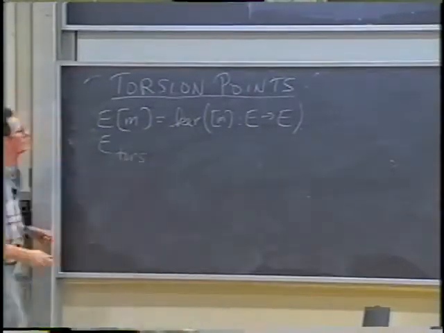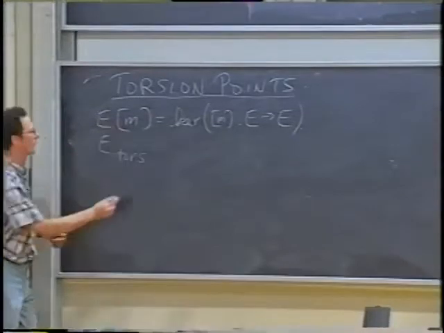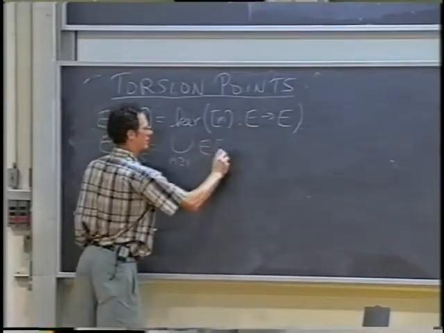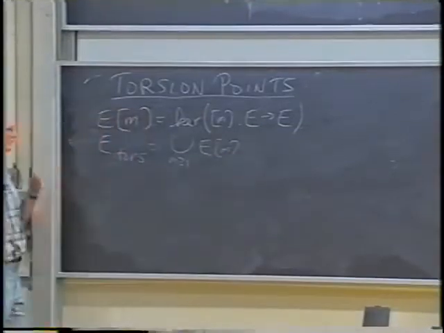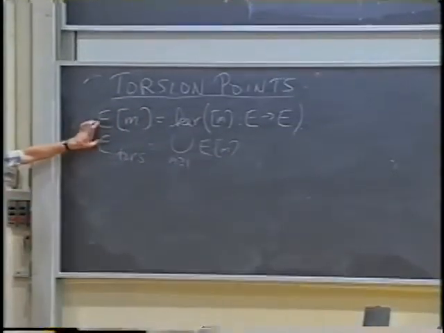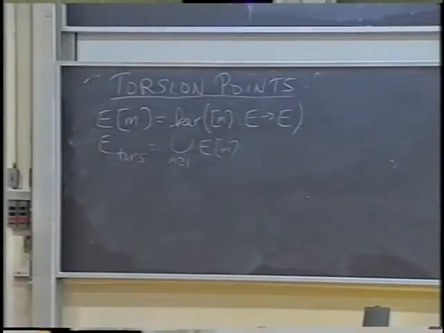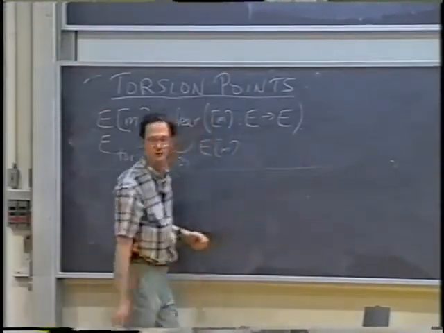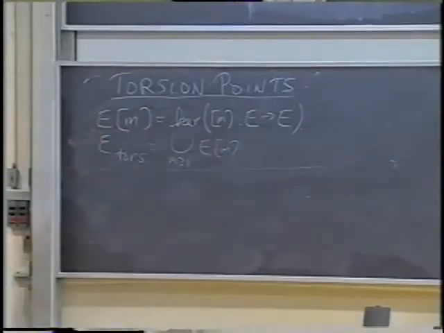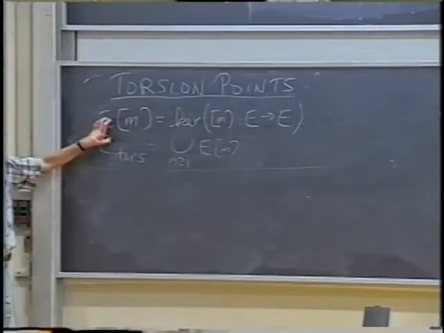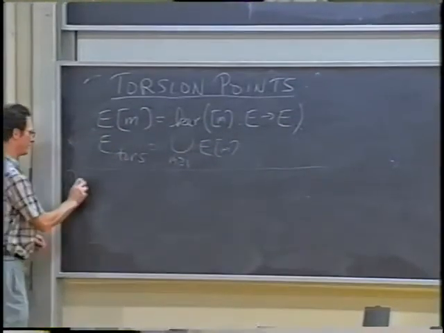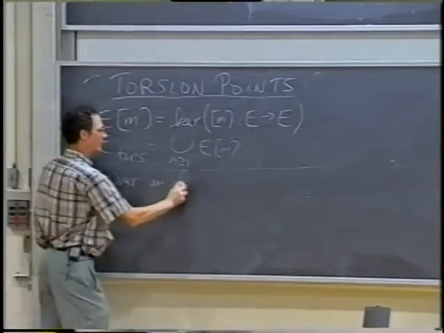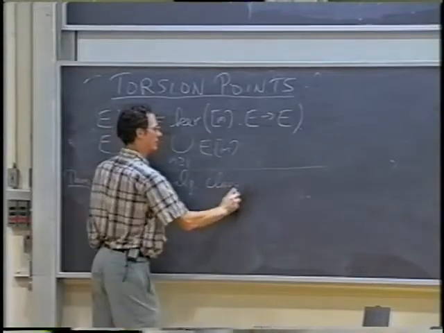of E is just the set of all points of finite order. And one wants to analyze what these look like. As always, before you can do any arithmetic, you have to analyze the geometry. So what do these look like over an algebraically closed field? Theorem. Over an algebraically closed field,